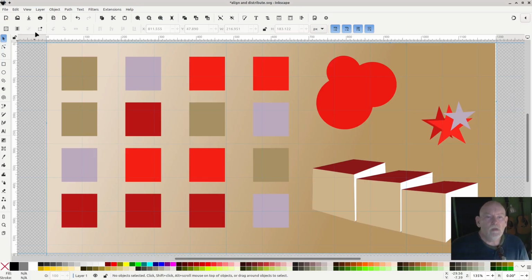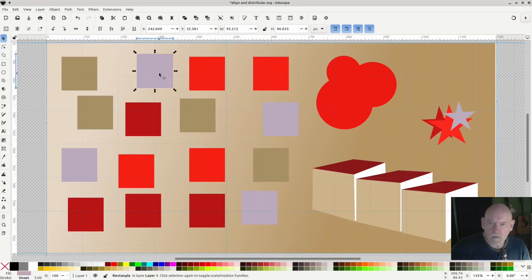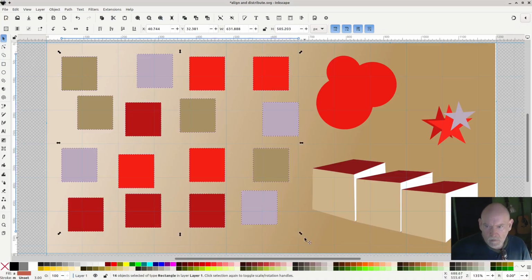So now we have these 16 squares, and I'm going to take them a little bit out of order just to demonstrate the first aspect of Align and Distribute that we want to talk about. So you can see that these are all 16 individual objects. In other words, when I click one of them, a group is not selected. These are individual pieces. And if I select all of them like so that we have 16 objects selected,